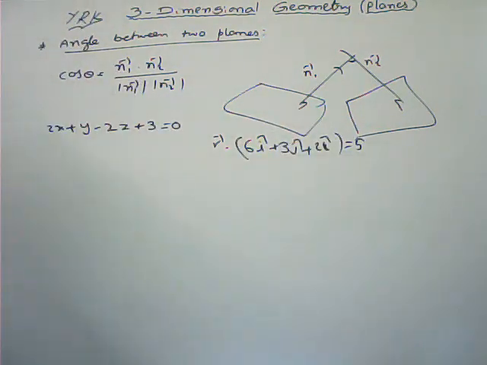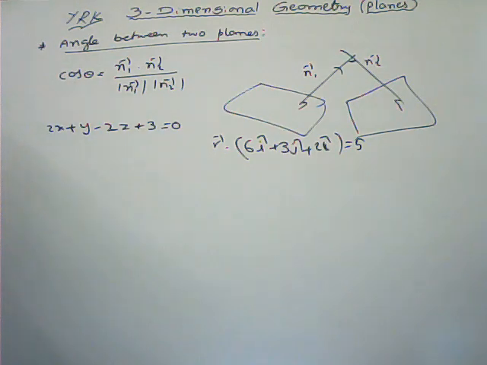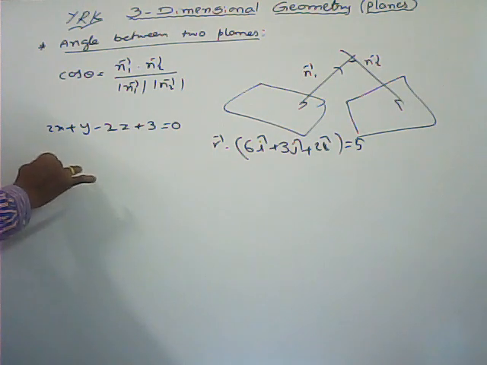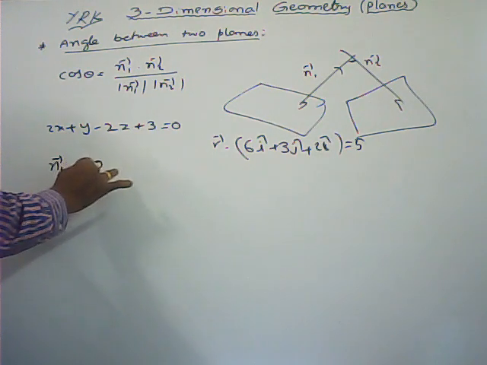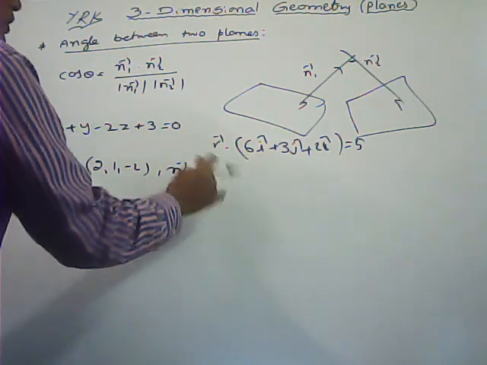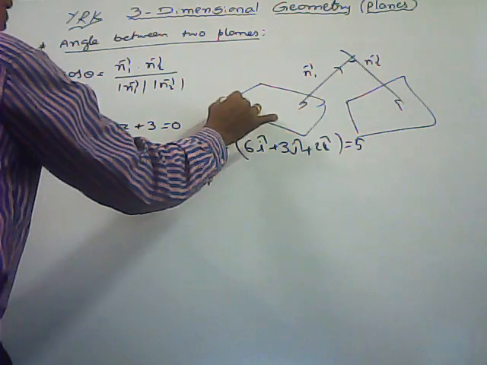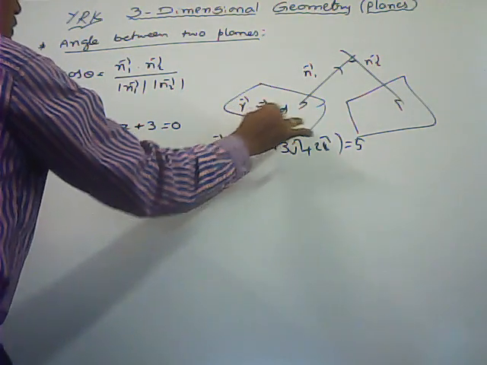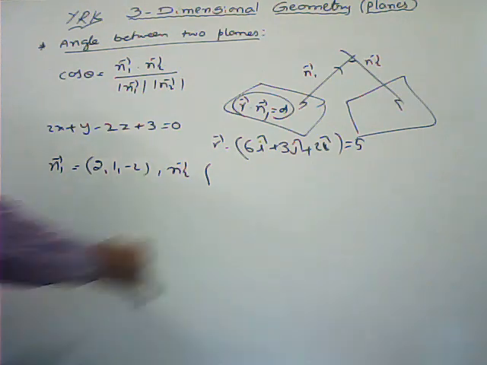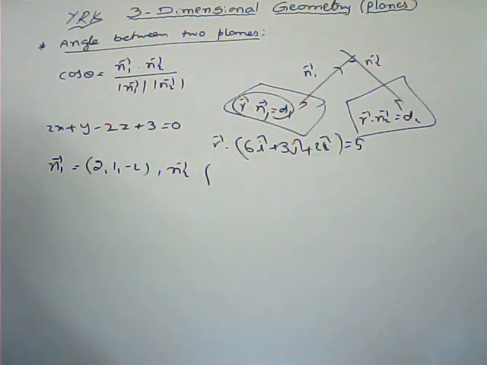Here two planes are given. Here they are asking to find the angle between the two given planes only. One is given in the Cartesian form, another one they have given in the vector form. You can take anything. Here, what about n1 bar? The x, y, z coefficients we say are normal drs only. 2, 1, minus 2. And what about n2 bar? r bar dot n2 bar is equal to d. Whatever the general form of the equation of the plane, r bar dot n bar is equal to d only. Here I am taking r bar dot n1 bar equals d1, and r bar dot n2 bar equals d2.